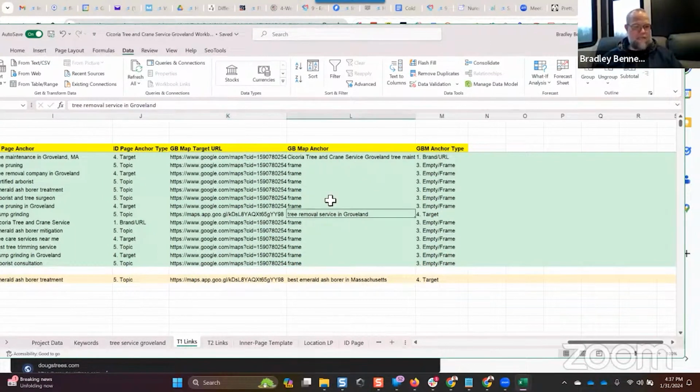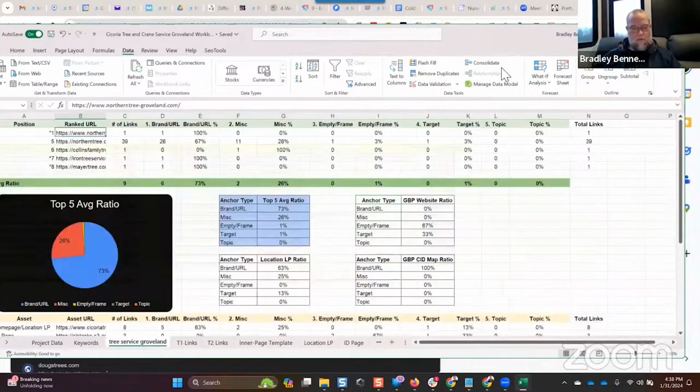We try not to link to that very often. And when we do an anchor text link instead of a map embed, you'll see most of the time it is going to be a map share URL that we're linking to. That's clear. And last but not least, guys, I do want to mention one thing again,